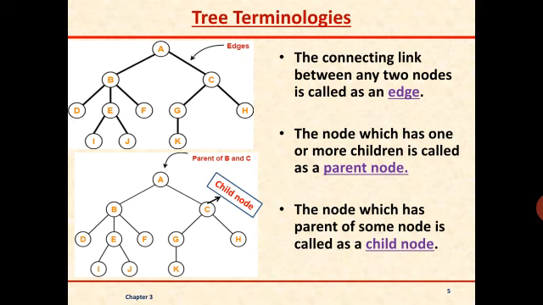Next definition is parent node. The node which has one or more children is known as a parent node. For example, in this diagram, A is a parent node because it has children. B and C are its children, so automatically A is a parent node. This is shown in the third diagram below. Parent node is A, B and C are the child nodes.